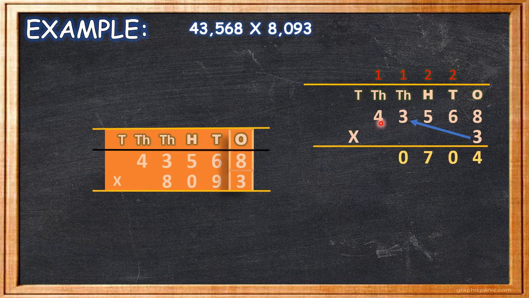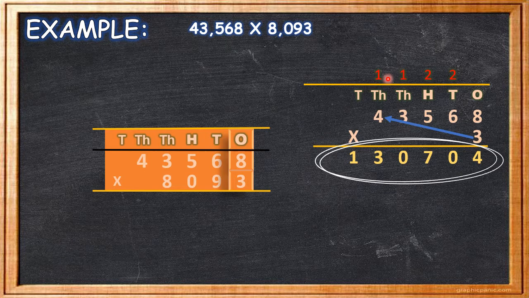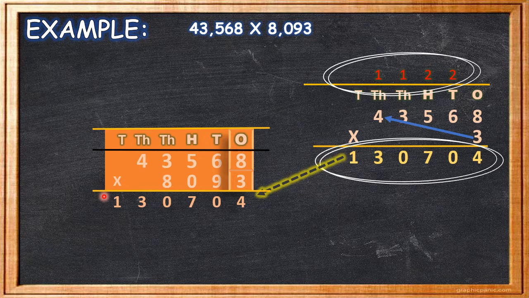Now I'll multiply 4 with 3. So 4 3s are 12, carry 1, 13. I'll be writing here. Now this 1,30,704 I'll copy here. Yes, children, 4 0 7 0 3 1. Why this way? Because we always start placing numbers from the right hand side. Now I'll copy this carry over here. Yes, children, 2 2 1 1. This much is clear.